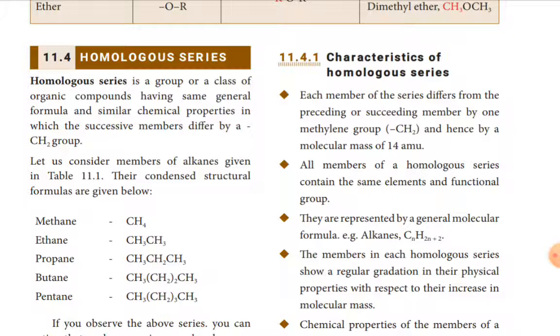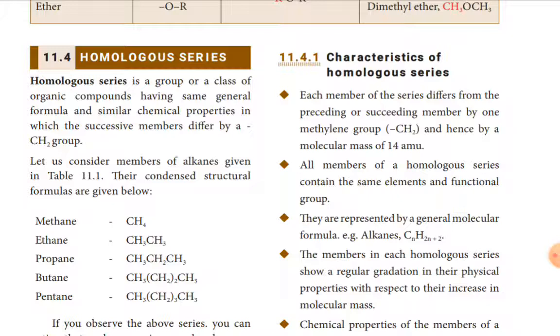The atomic mass of methylene: carbon 12, hydrogen 1, and 2 hydrogens are there, so 2 into 1 is 2. So 12 plus 2, 14. That 14 atomic mass unit will be the difference between the preceding or succeeding members of the compounds